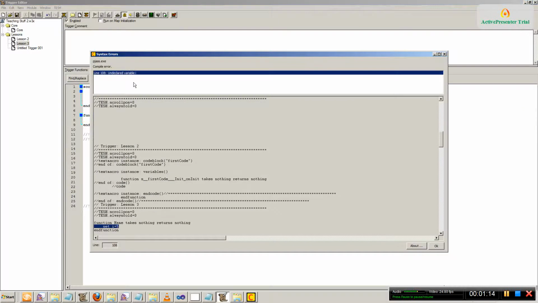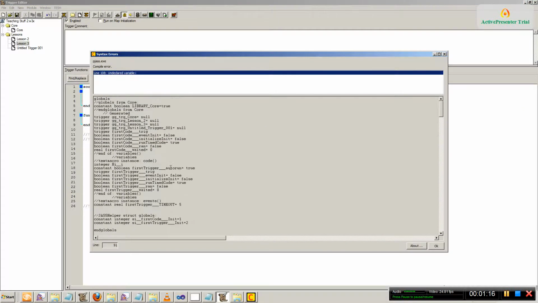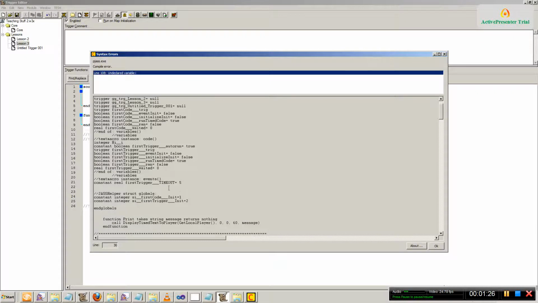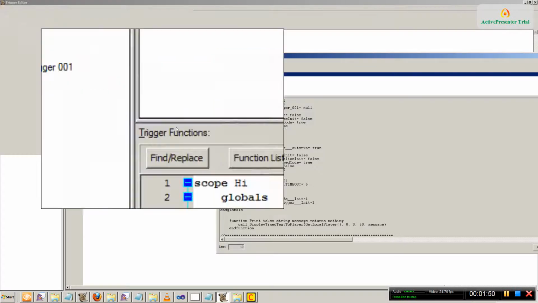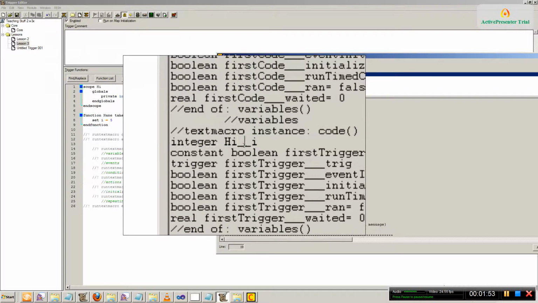Oh my gosh, undeclared variable I. I wonder why that is. Let's look up at the globals block here, where I is. Where is I? It's somewhere. And globals. Oh, there it is. Notice these underscores here. What vJASS does is add the scope name and then a random number of underscores and then the variable name. So that's why this I does not exist, because it's private, so it gets all that special stuff. You can also make public variables, which is the scope name plus one underscore and then the variable